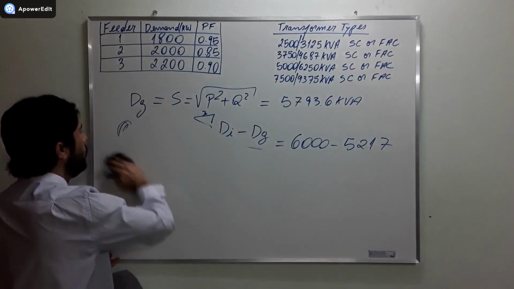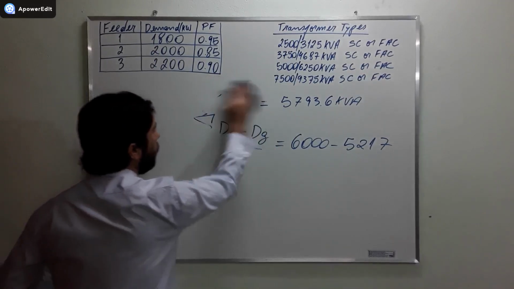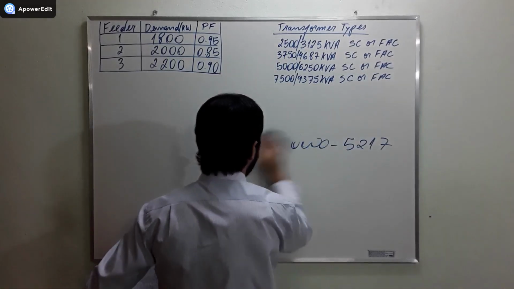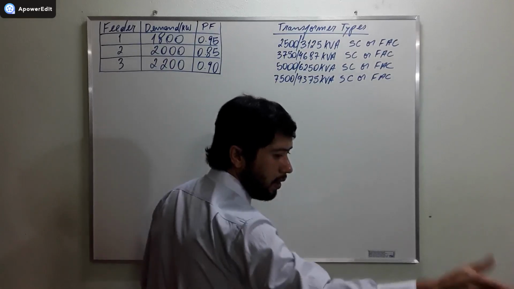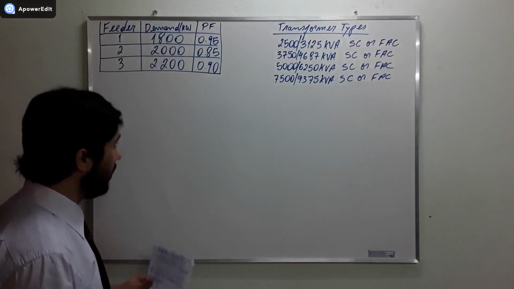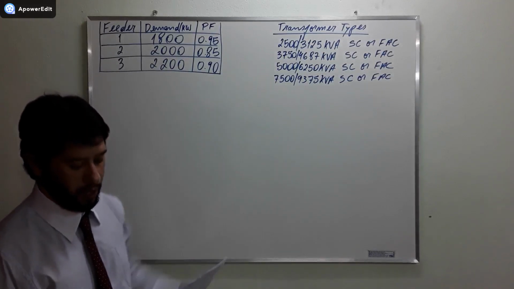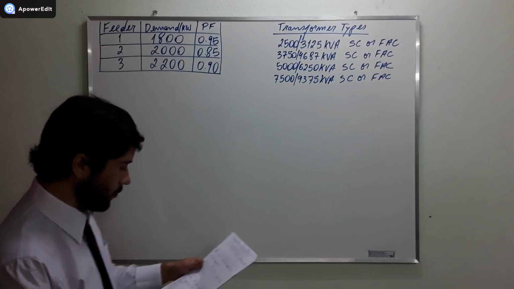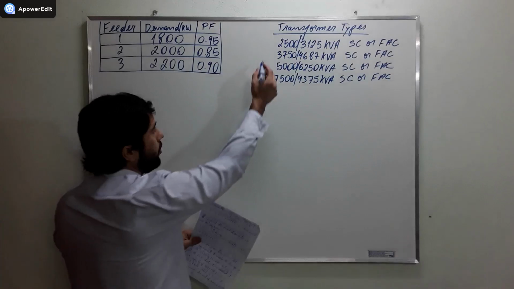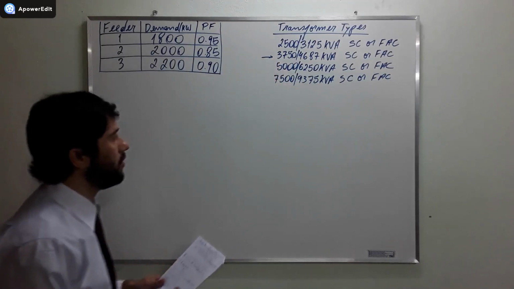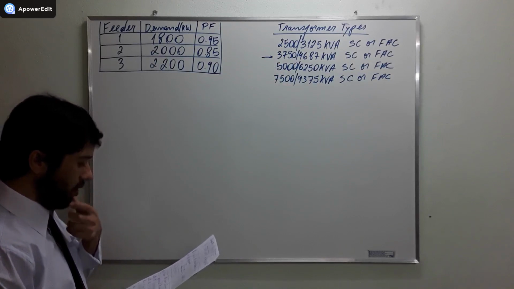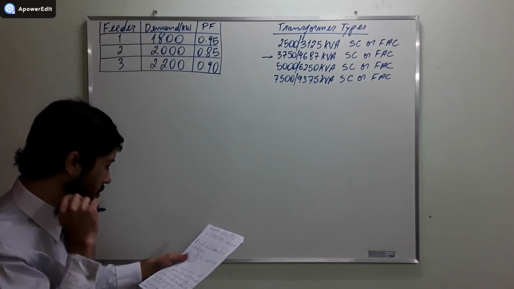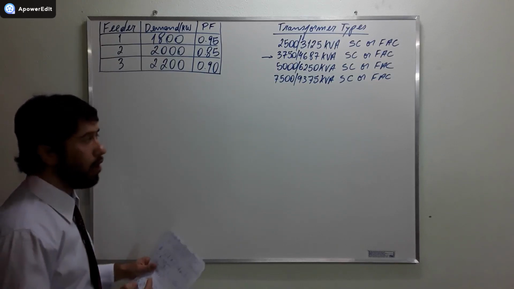Now let's move on to letter C. What does letter C want us to calculate from the given transformer list? We are going to work on this. From the given transformer list, it is appropriate to choose a transformer with the rating 3750, 4,687 rating. Since with the 25% short time overload, it has a capacity of, let's calculate,